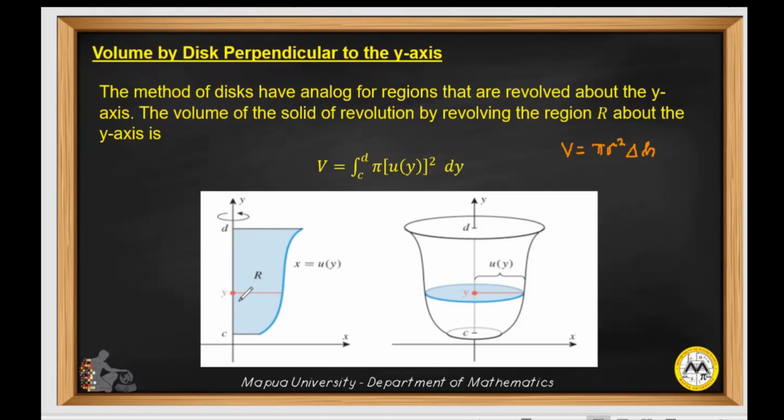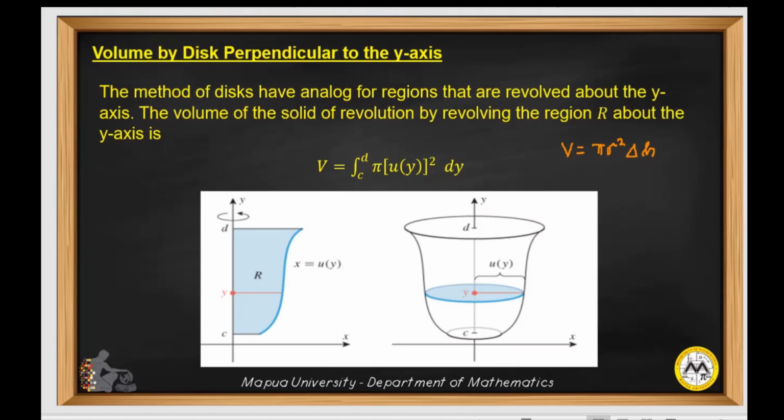Now, as long as the region touches the axis of revolution, which can be any horizontal line or any vertical line, as long as the region R touches the axis of revolution and the element is perpendicular to the axis of revolution, then we are considering the disk method. So this time we will consider solving the examples for this method, but this time we are